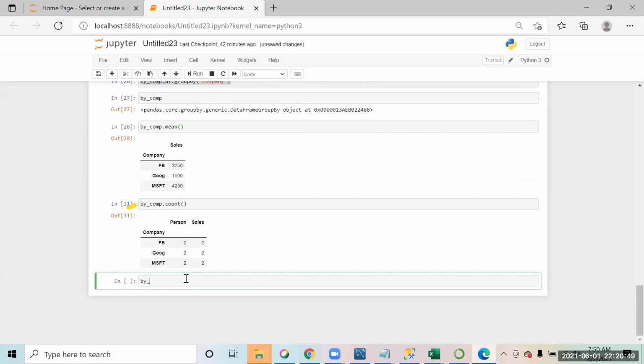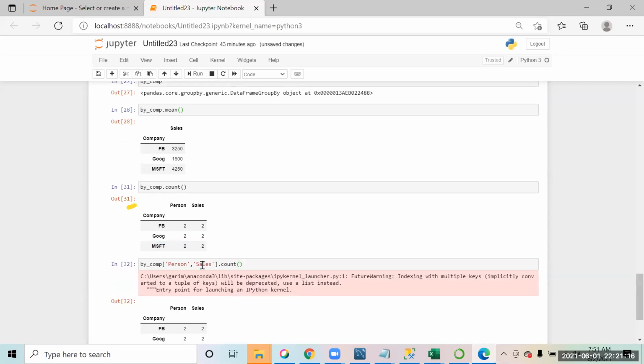So by company, and square bracket. Once again, we have to use person and sales, right? So we say that I want to bring the data of the person, comma, sales, right? Dot count. We are trying to fetch the count over here.